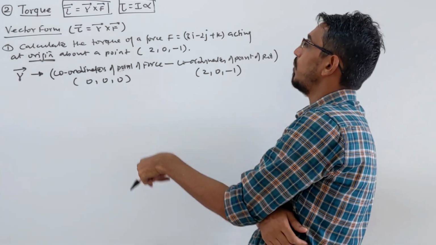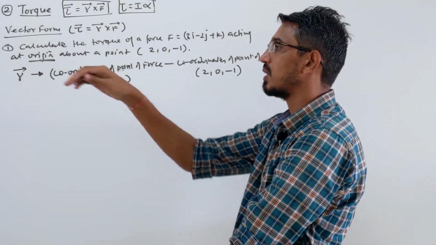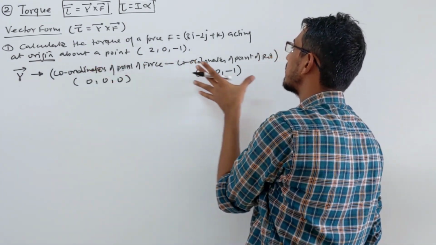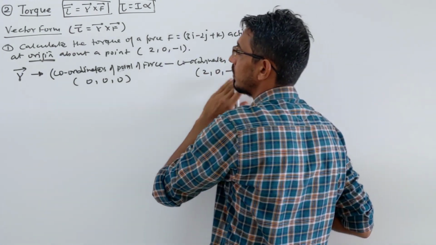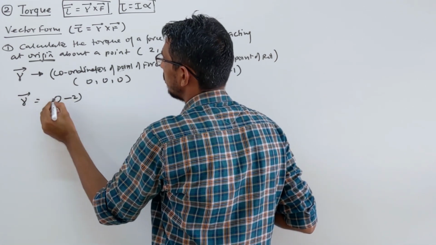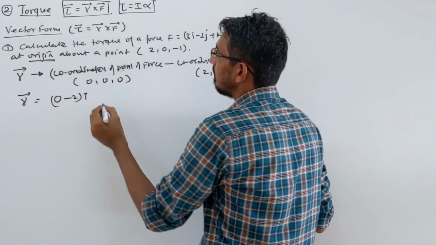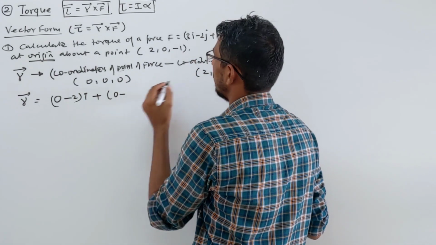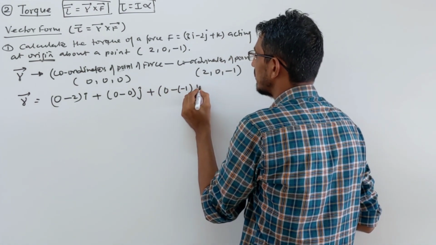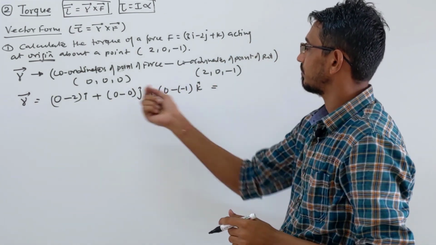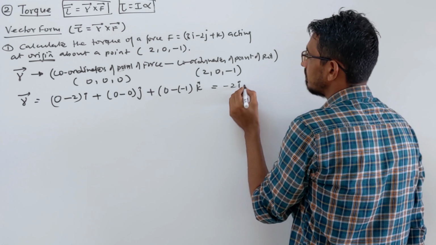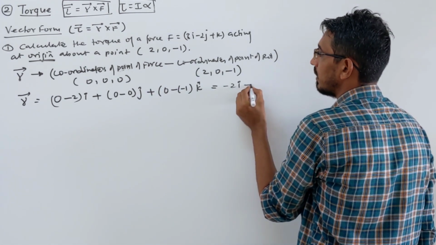So in this case, it will be 0 minus 2 for the i coordinate, plus 0 minus 0 for j, plus 0 minus 1 for the k coordinate. So your distance becomes minus 2i, no j, and plus